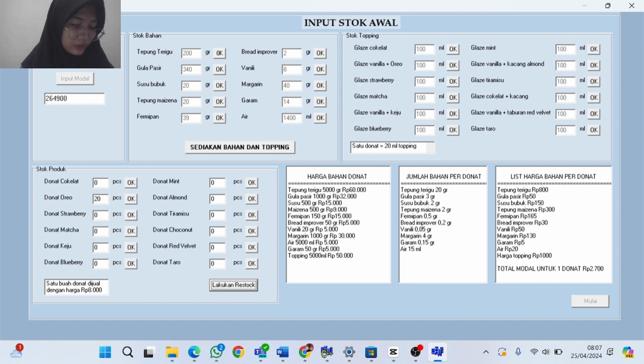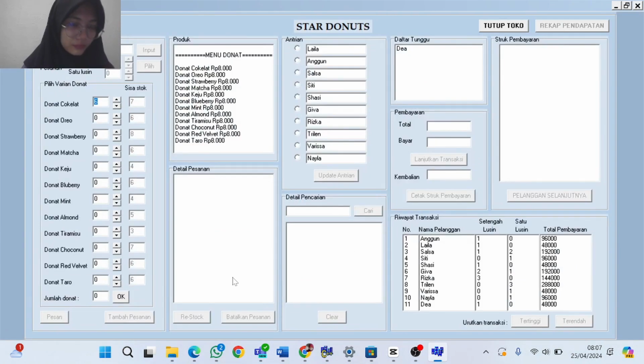Let's say we enter 2 chocolate donuts and click restock. Then the chocolate donuts in the main form will increase to 7. Then Tari can process and pay.